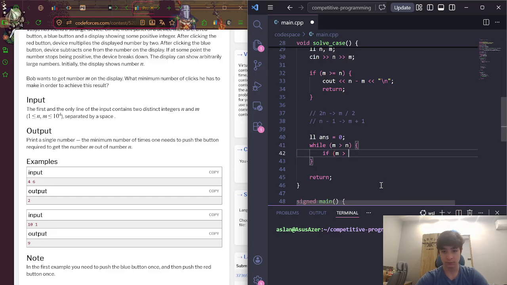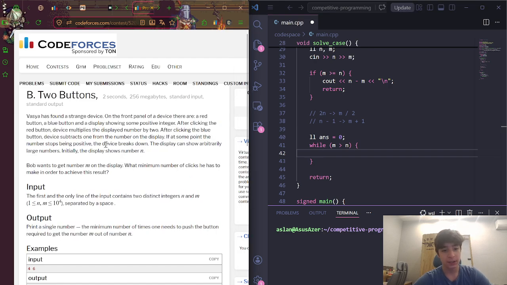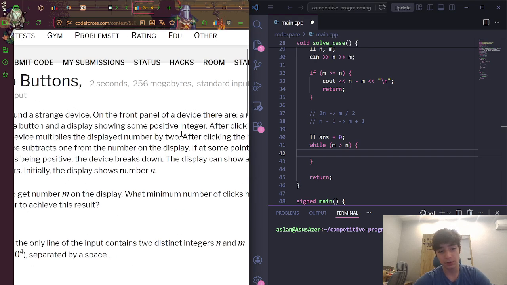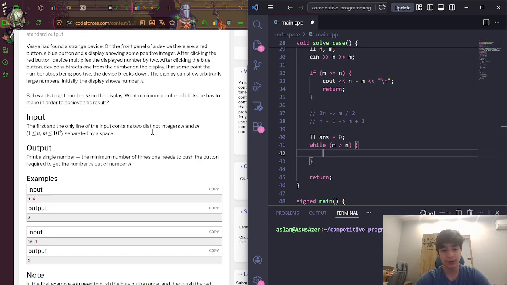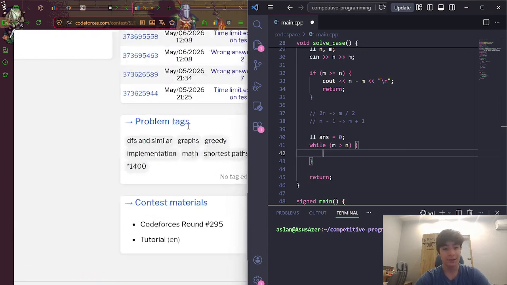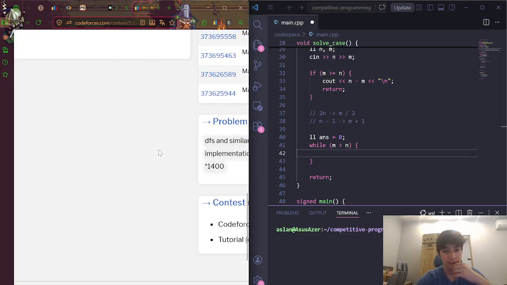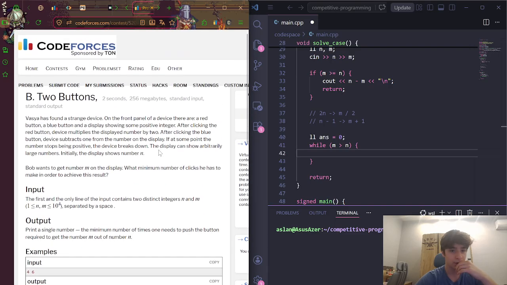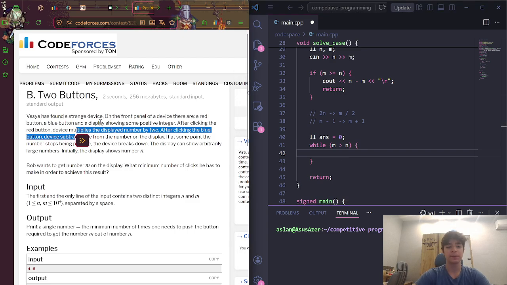oh, the main problem is that it doesn't say when we could divide by 2. I mean, we need to divide by 2 when it's even, logically. So it means that we need to get the optimal position. Mainly this is a greedy algorithm, but if we look at the tags, it's something scary. But yeah, this is shortest path, but with greedy algorithm, and we don't need to be scared. I like just to say that let's try to do this. Mainly I remember